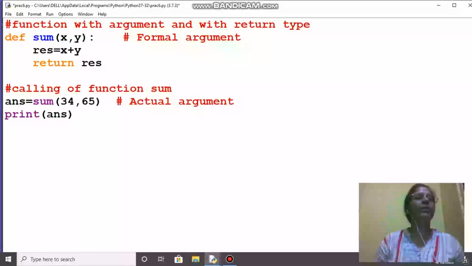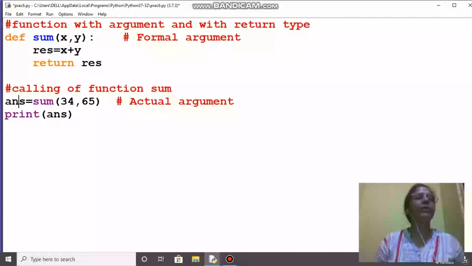This function is giving input in the form of 34 and 65 and output in ans. So through argument it is giving input, and then in ans after returning it is